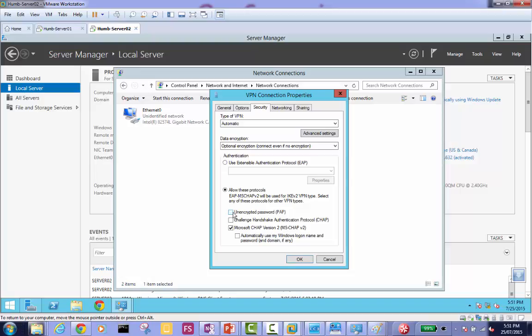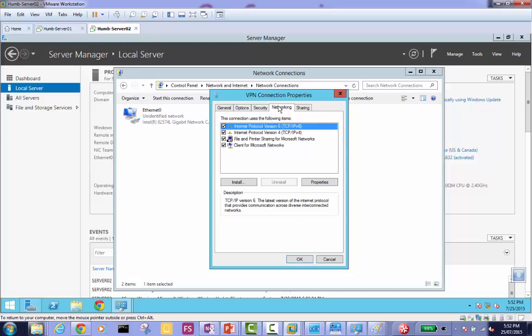Even if you're in an extreme case, where your CEO says, I don't have any security measures, I want to connect now for just 1 minute, and maybe he's on the phone and somebody is posing with the sound of the CEO and you think it's the CEO. So that's what I'm saying. In an extreme case, even then don't do that. He directly says I'm going to fire you if you don't do that. So you'll say, okay, I'm going to sacrifice my job, but I'm not going to do this, PAP. Anyway, okay. So let's just select secure password, MS-CHAP v2 with strong encryption.